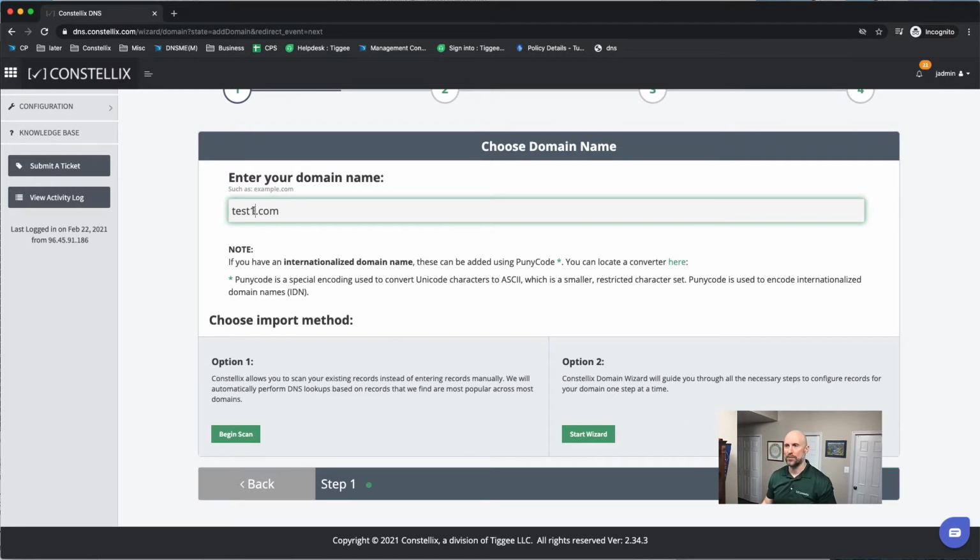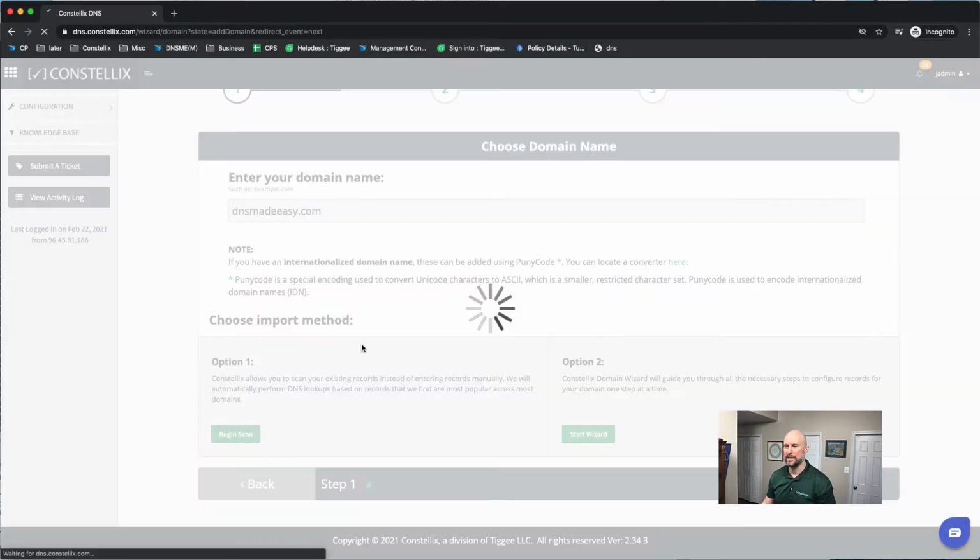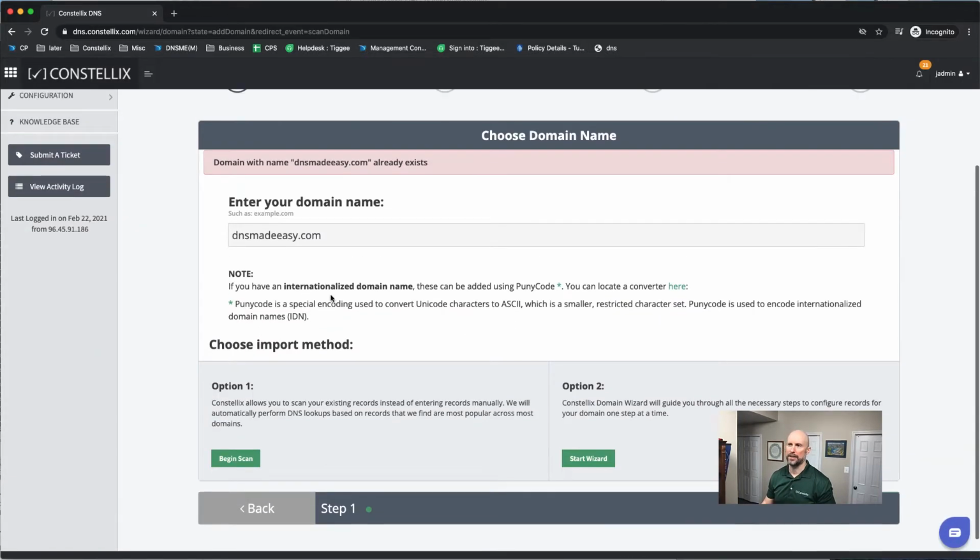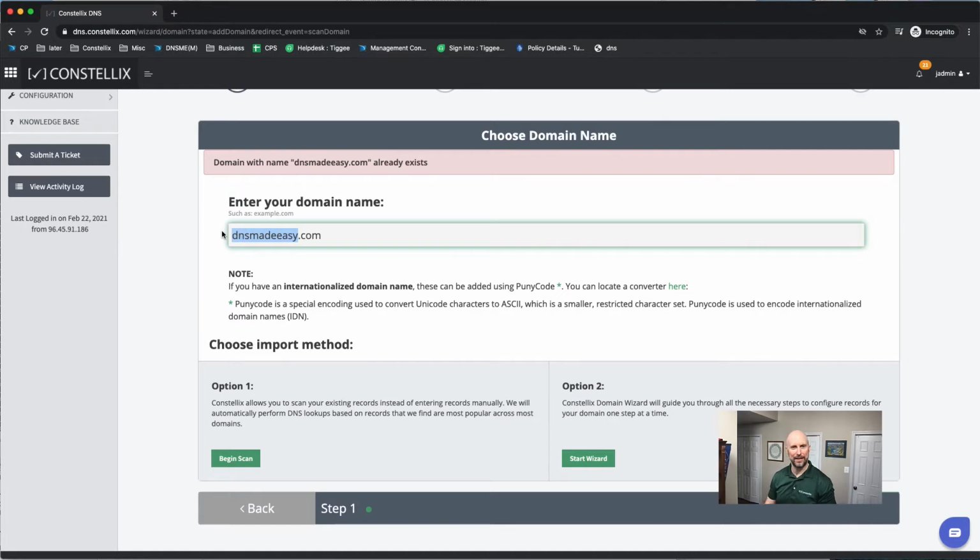So if I did test1.com, let me actually do a domain here that we I'll put our sister service, DNS Made Easy, in here, and I'll say begin scan. And it already exists in the system, so obviously you cannot add a domain twice. So let's try that again. Let me do dnsmadeeasy.org